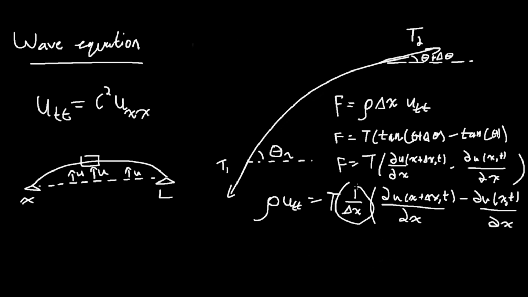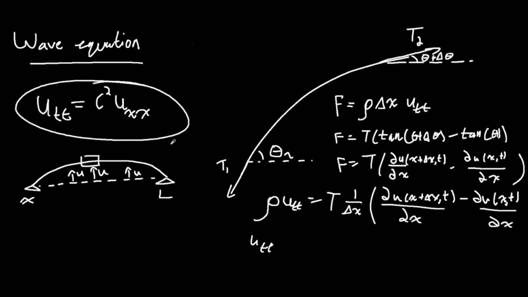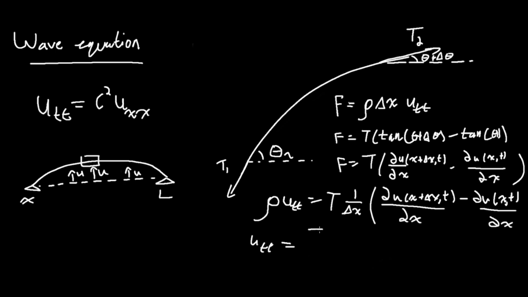divided by a slight change in x. That's crazy. That means that our function here now, oh sorry, I should probably bring this to the other side. Remember, I'm looking for UTT. UTT is equal to this, guys. Watch this. Tension over linear density times